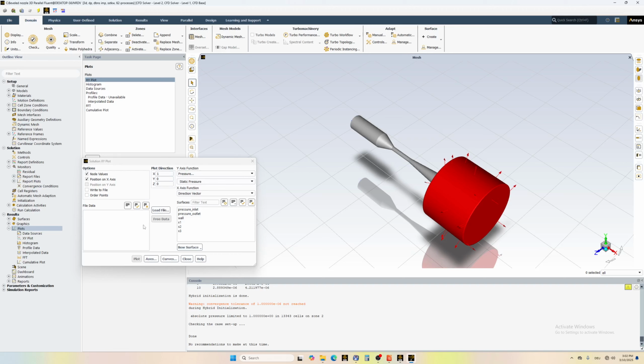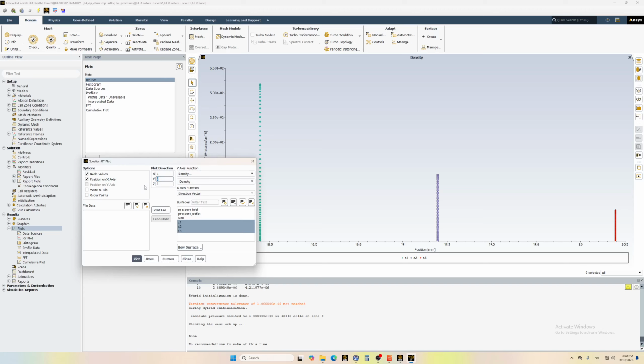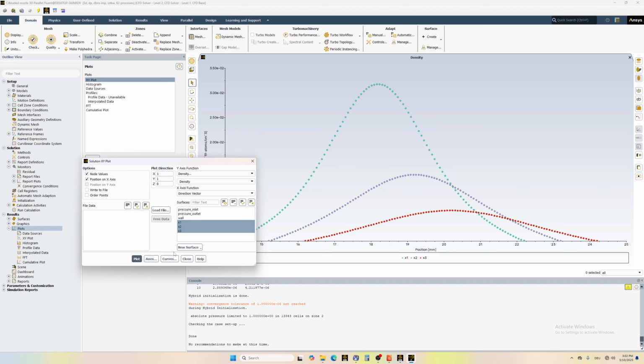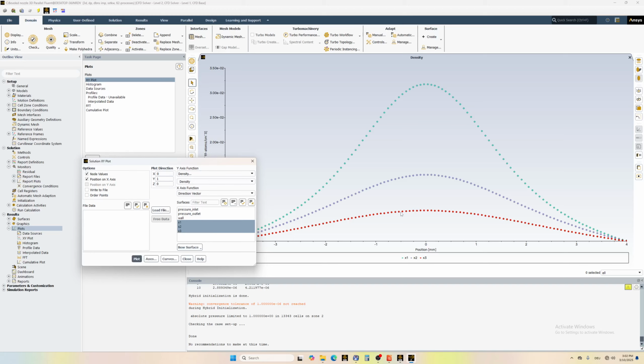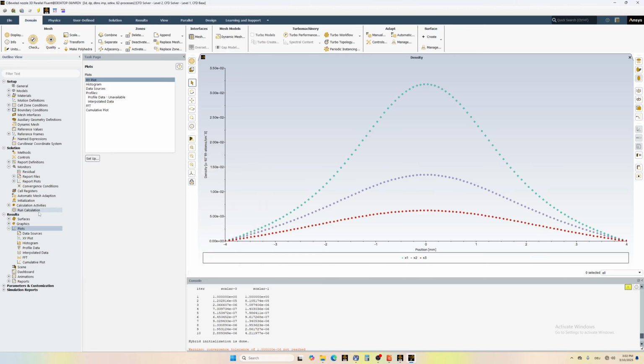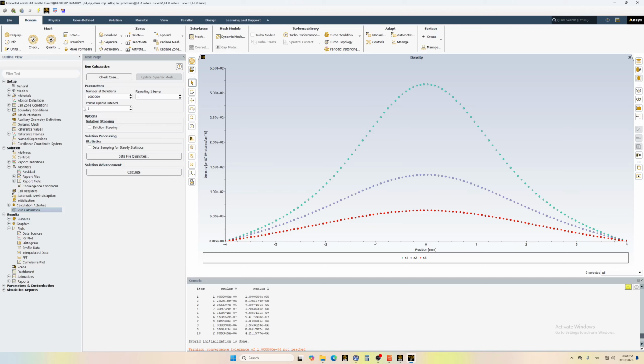Close, and if you choose these ones and choose density, plot, of course we need to choose the proper setting. If it's deactivated it plots like this, so we need it like this. Let's say plot, and this is the density profile calculated with these initial values. Of course it's not correct. Okay, close and run calculation,